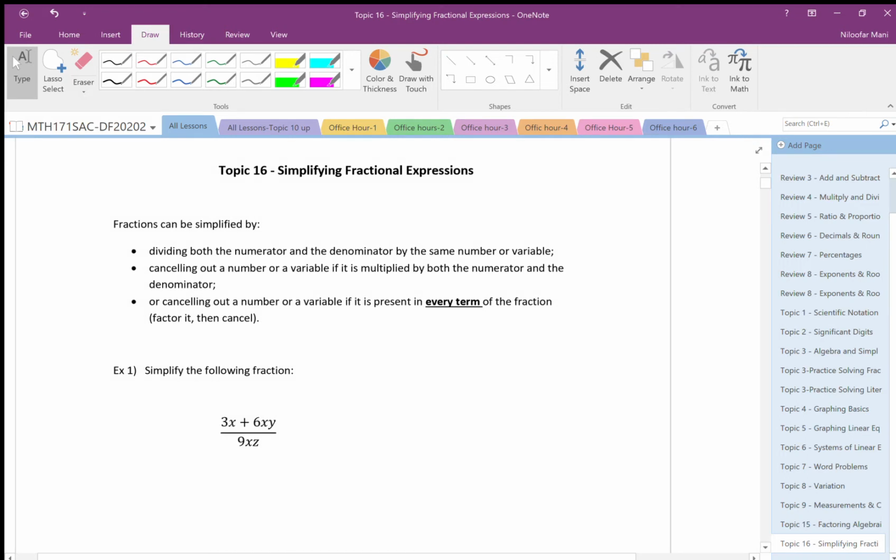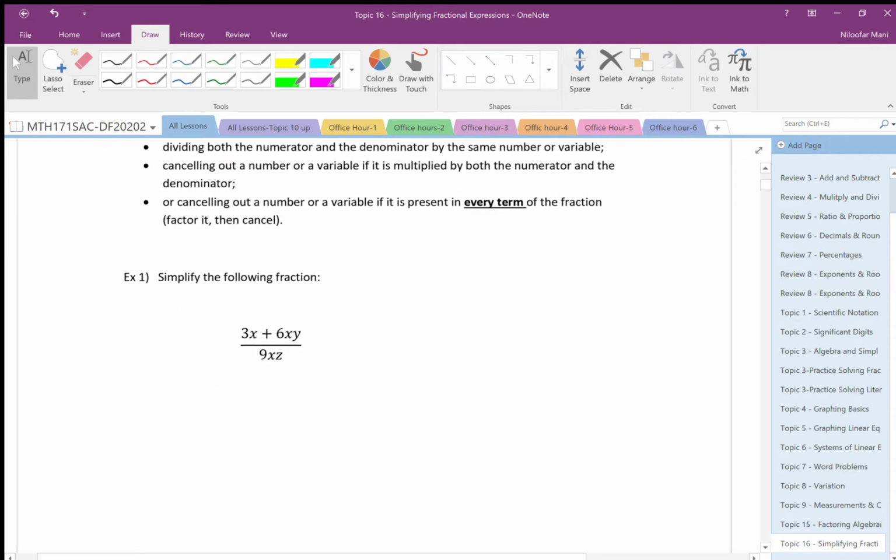So, simplifying fractional expressions. I want to simplify a fractional algebraic expression, which means the top is an algebraic expression, the bottom is the same, and I want to simplify it. The only way I can simplify is if I factor both of them. So for example, when you look at this example,